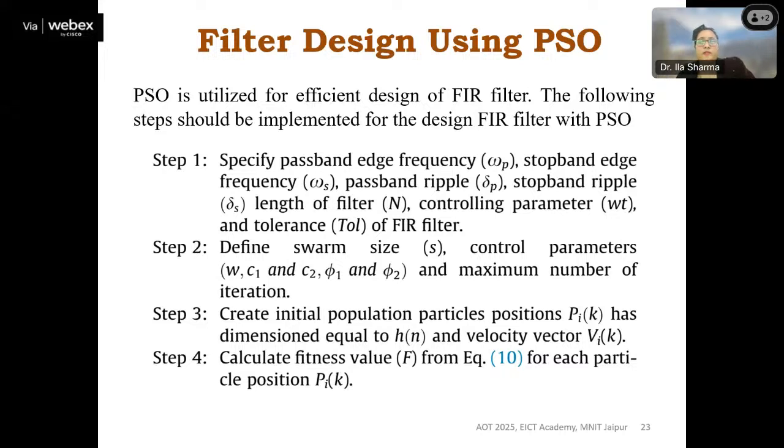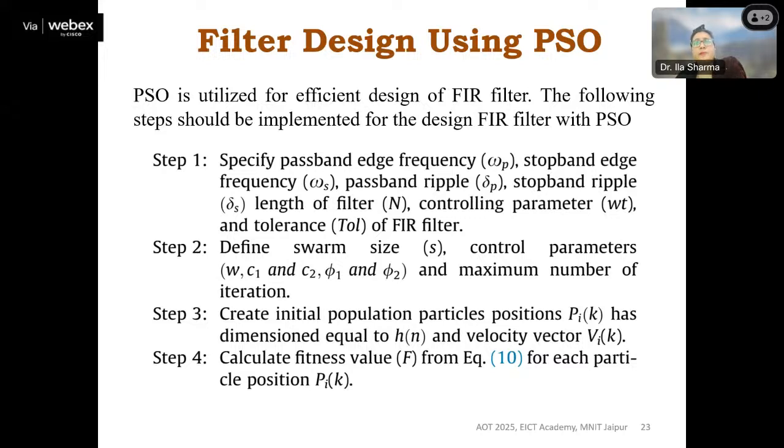Let's suppose I have specified 10 iterations, so it will be done 10 times. Every time the p-best value will be identified, and at the end I will have that matrix of p-best values.